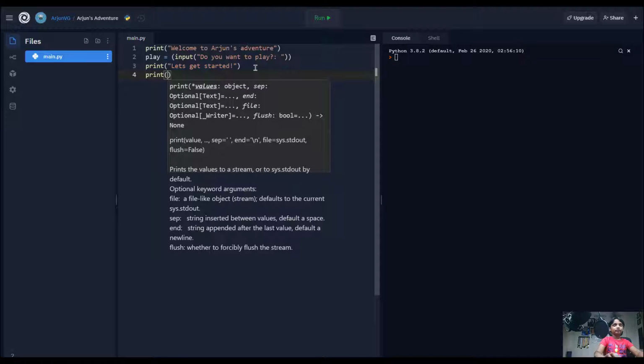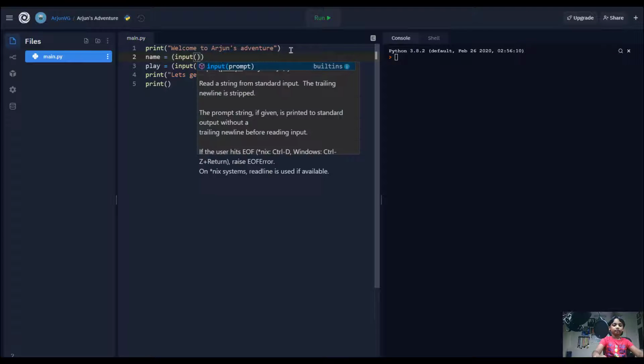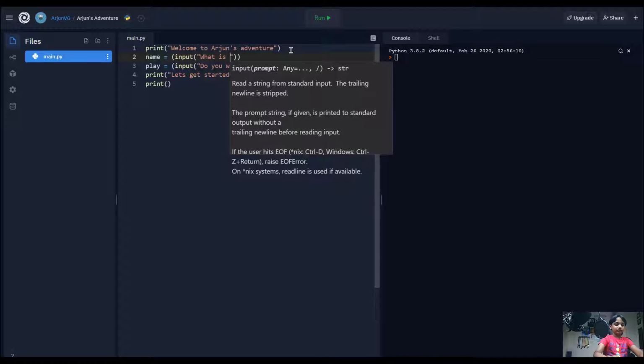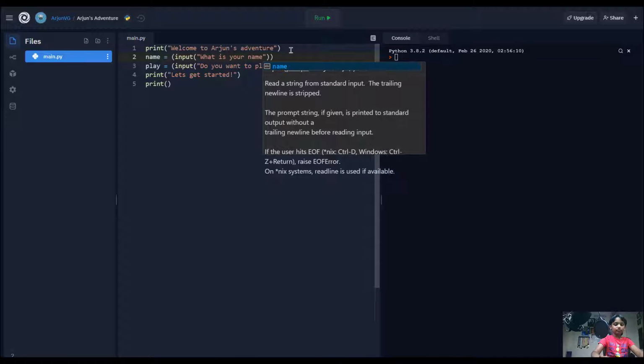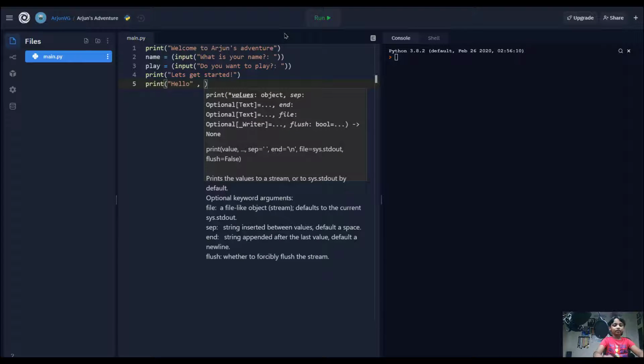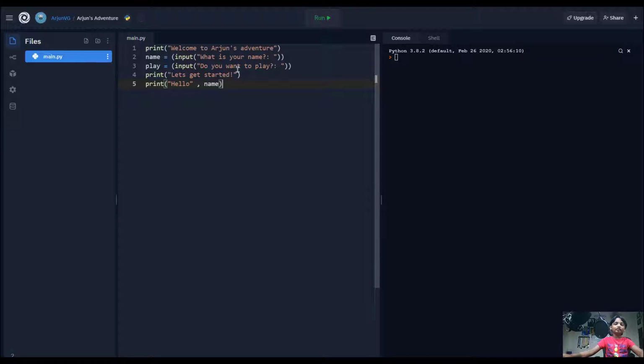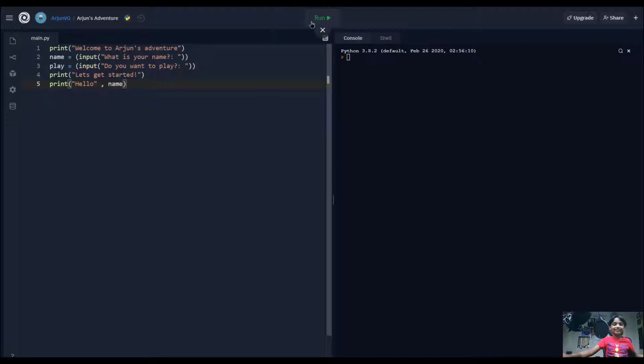So, first, I'm actually gonna create another variable called name equals, in the brackets, input, "What is your name?" And over here I'm gonna say print "hello," comma, name. So this is our name variable and this is a string. This is called string concatenation, and when we enter our name,